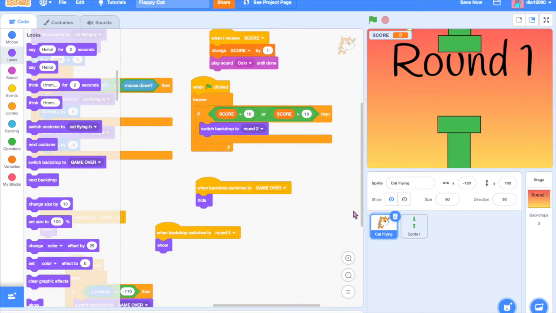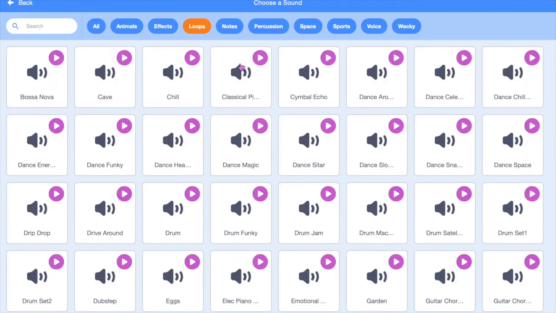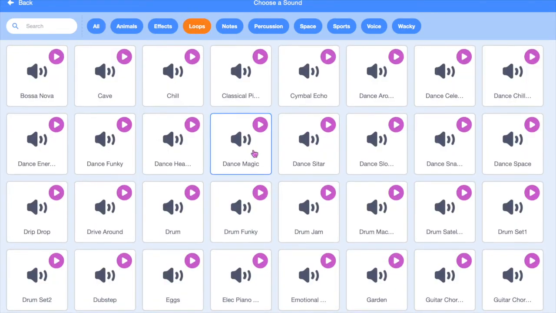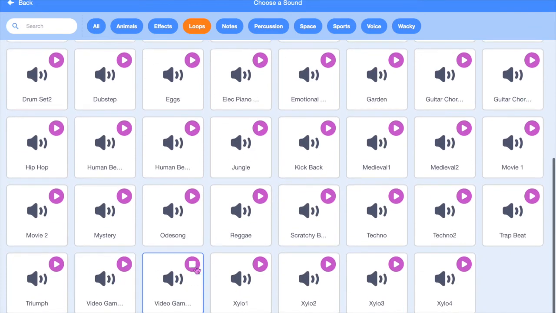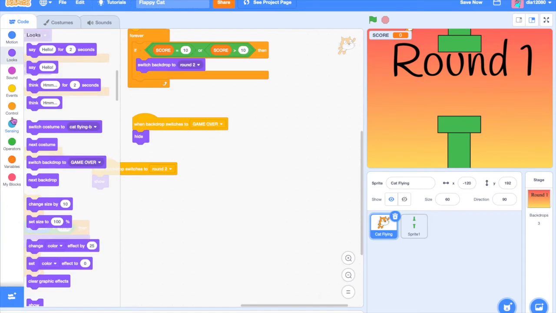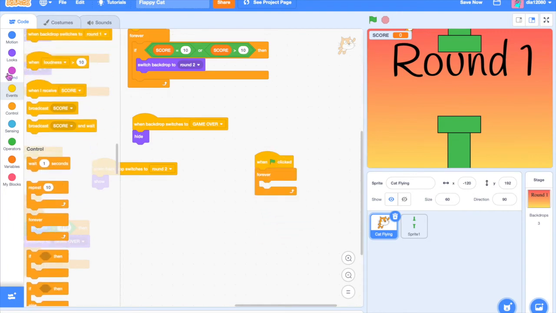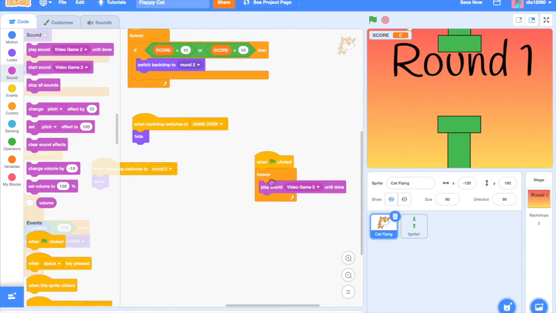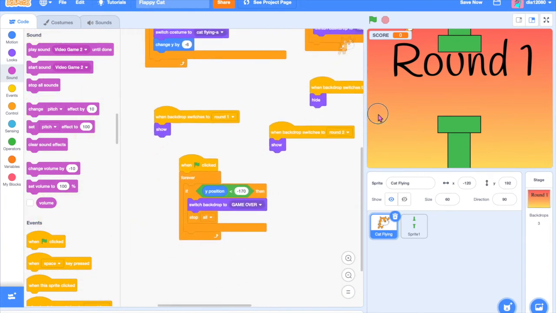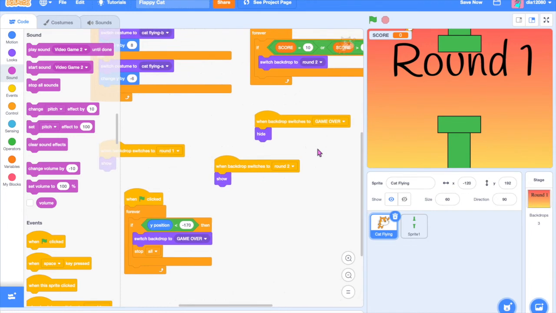Next, let's make a little sound in the background just to make it a bit more fun. Let's go choose a sound. Maybe let's go to loop so it lasts for a bit longer, so it's not just a little sound effect. Let's see, maybe we'll go to a video game. Yeah, this is quite nice. So we'll get video game 2. We'll get when flag clicked, forever, play sound video game until done. That's great. Now that we have all of our code done for our cat flying, let's move on to